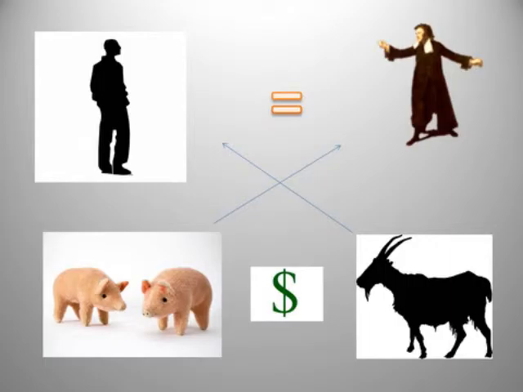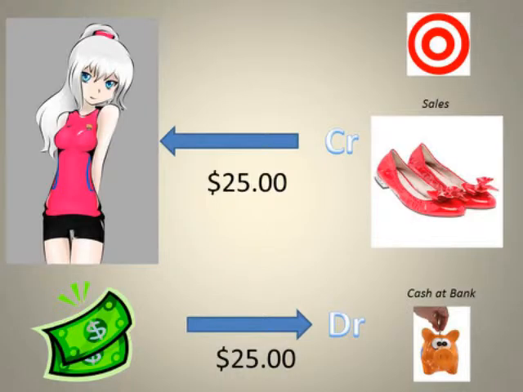Let's now fast forward to today. We go down to our local shop and we decide that we want to buy ourselves a pair of shoes. Now we have to look at this transaction from the business viewpoint, not from the viewpoint of an individual. So we're down at the local shop, we see our pair of shoes, very expensive at $25. So what is the transaction that's going to take place?